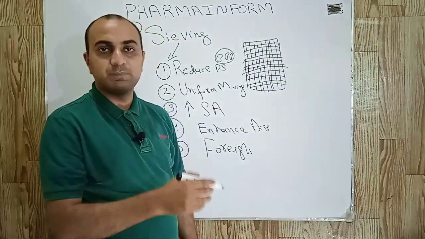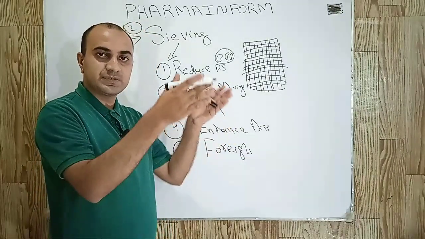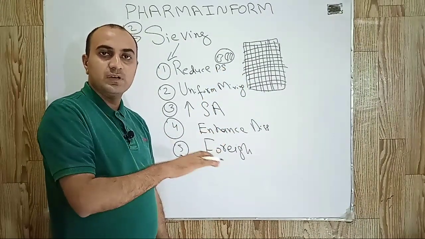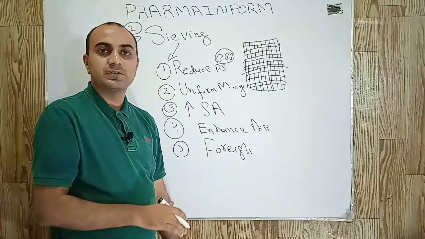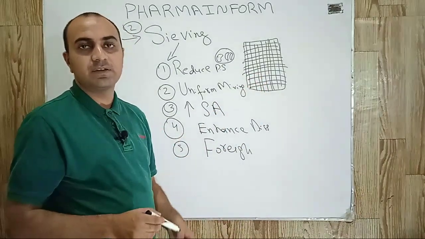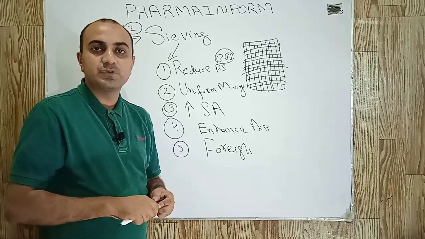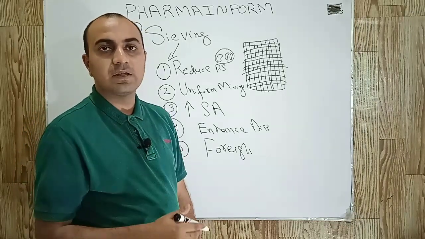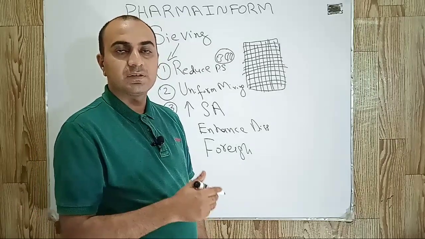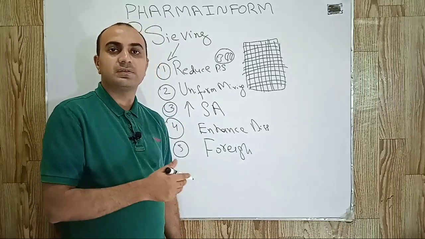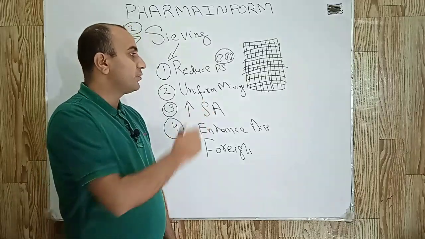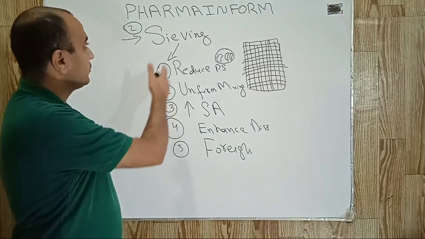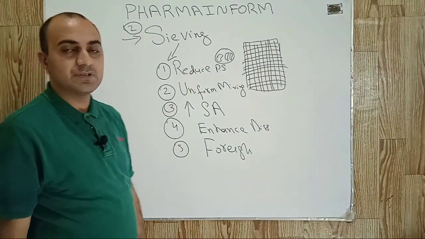Sieving is basically a simple SS mesh stand and pushing the material through the wire mesh to obtain uniform size. An oscillating granulator may also be used. During the sieving process, we should properly cover our face; a mask should be used, because dust is produced during sieving. So it was a simple explanation of sieving.